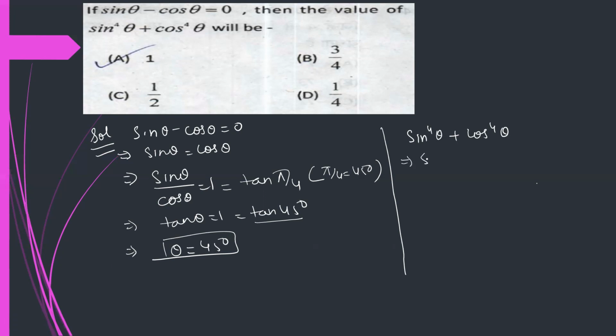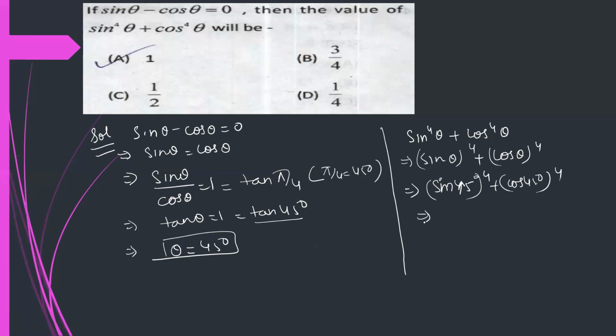It's going to be sine theta to the power 4 plus cos theta to the power 4. Putting the value of theta as 45 degrees, sine 45 degrees to the power 4 plus cos 45 degrees to the power 4,